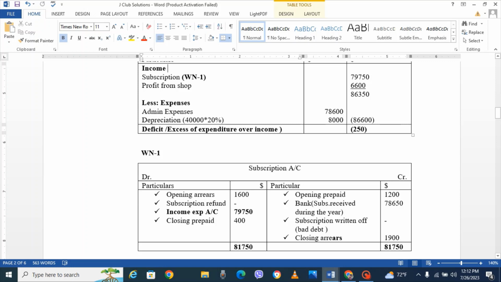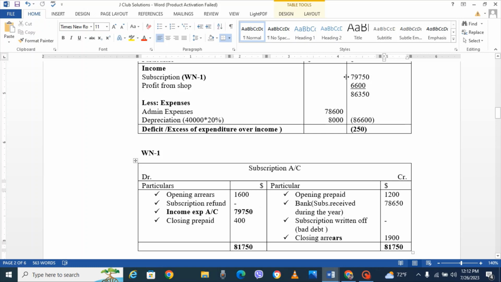So whatever amount is given in the bank receipt, that is the subscription receipt, that is 78,650, will be credited. So now whatever balance arises on the debit side, that is actually the subscription to be credited in the income and expenditure account. So here I have clearly mentioned income and expenditure account, that is 79,750, and this will be